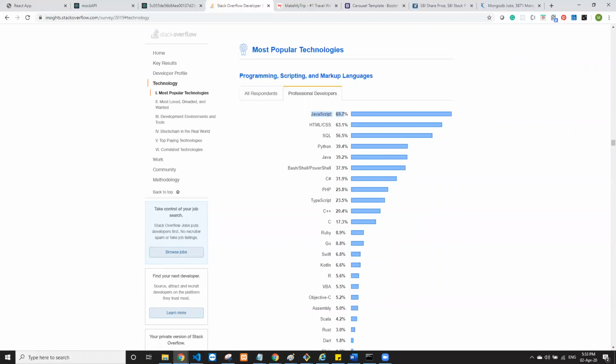But React is a library. The main intent of the React library is to provide a seamless user interface. So it is just the view part of the application: how you make the components visible on your browser. If you have to make AJAX calls, you don't have any support for AJAX calls in React.